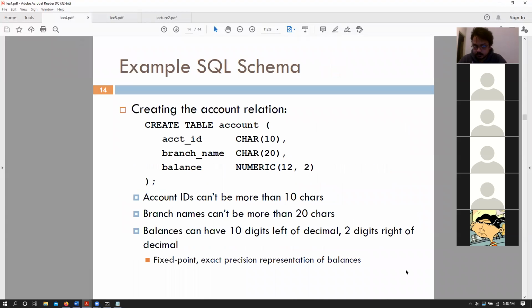Any questions so far about the domains, about the data types, about creating a table?